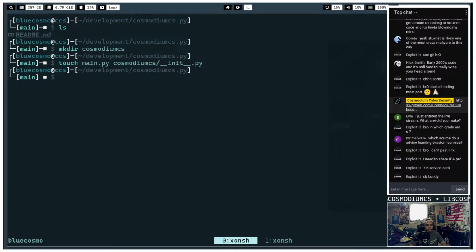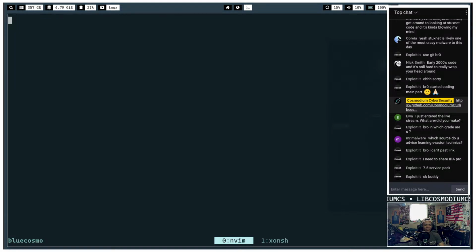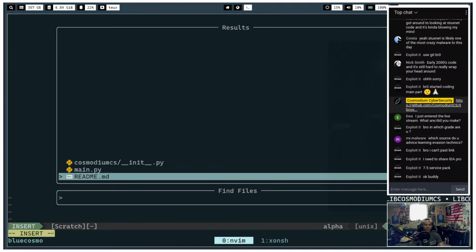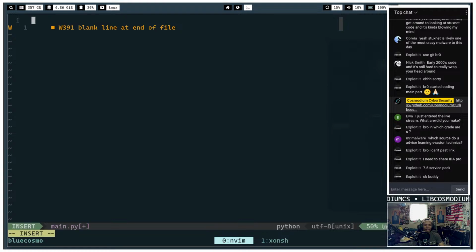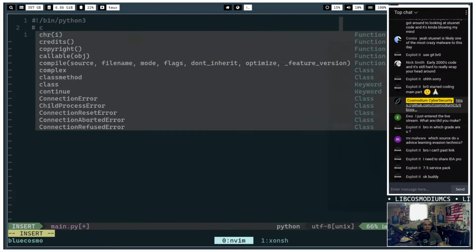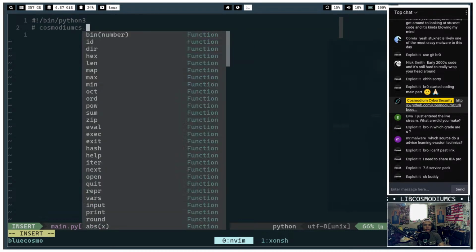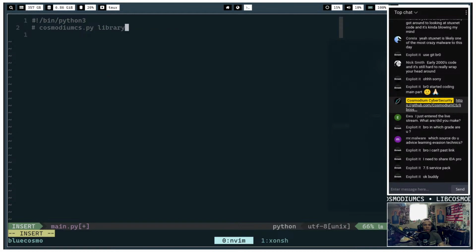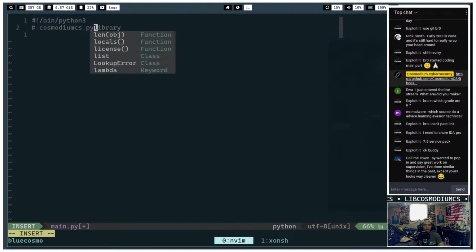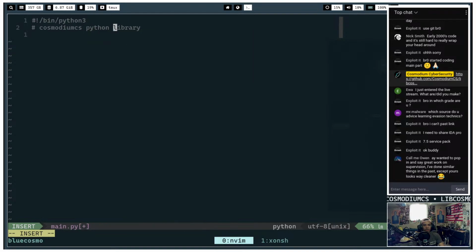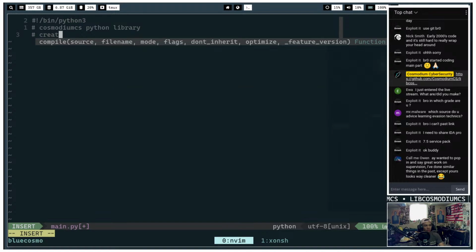It's been a while since I've made a Python library, so this is going to be a little bit more sketchy than any of the other parts we've been working on. Okay, so let's look at that main.py. So user, is it like bin Python 3, I think? Cosmodium CS.py library. I won't call it .py. Python library. Created by